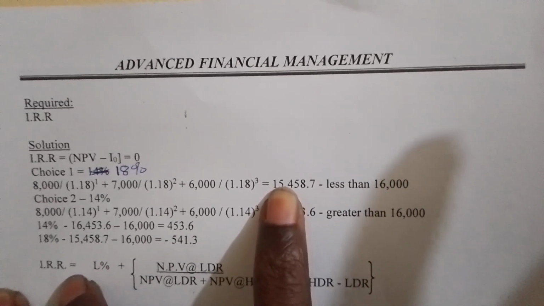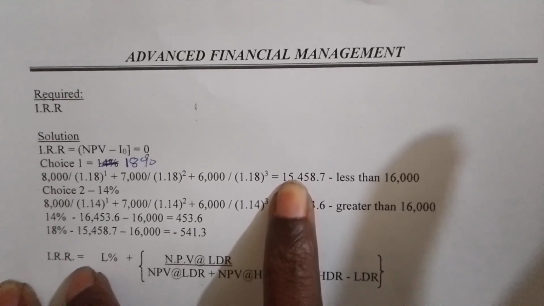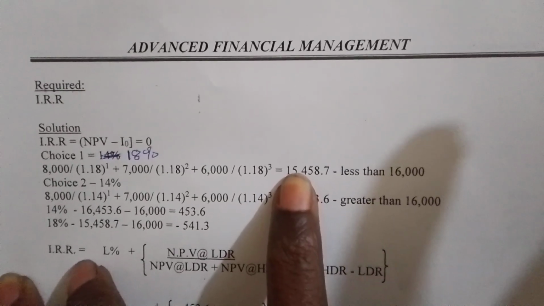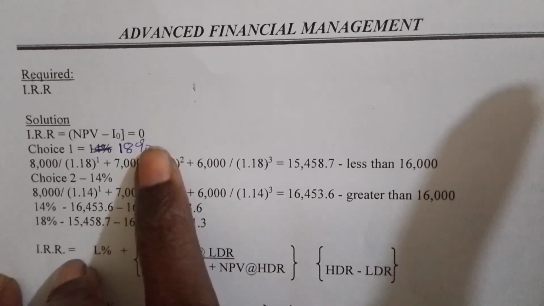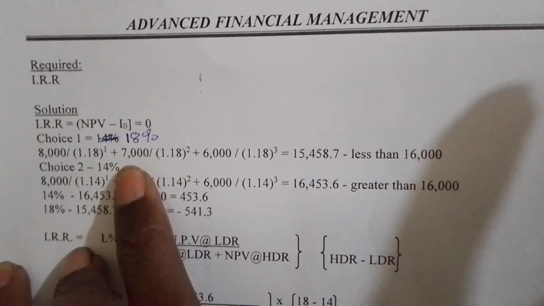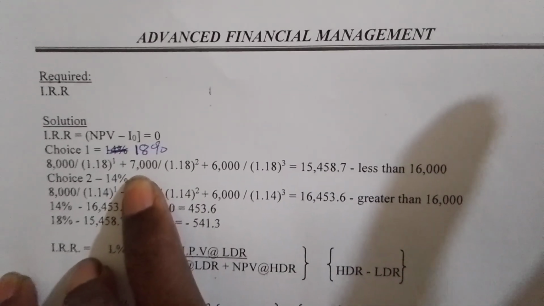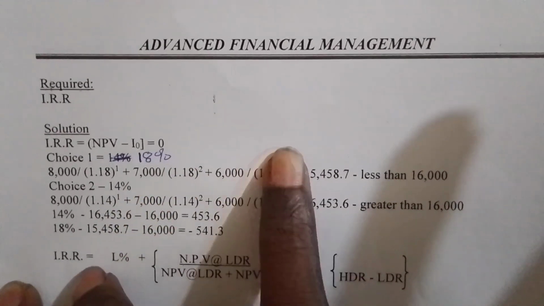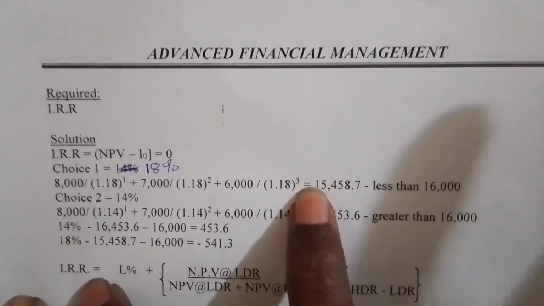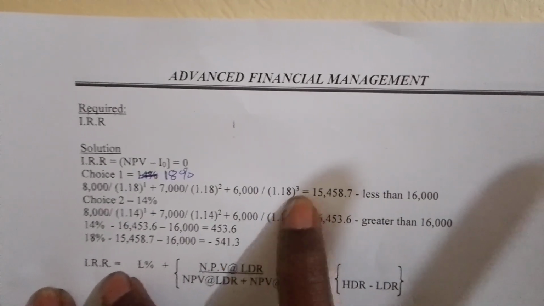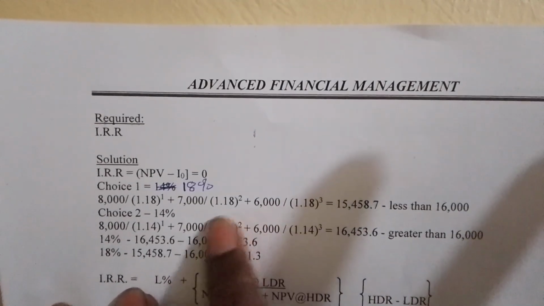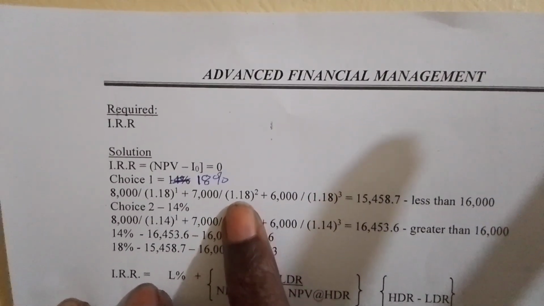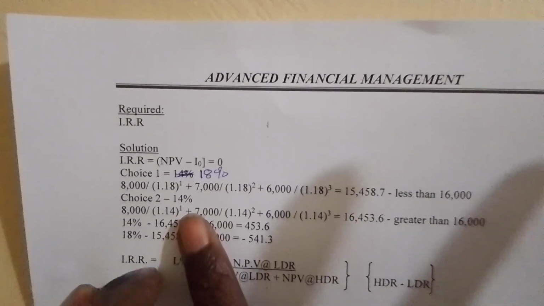I'm doing the same question that we have done on the other side, but I'm trying different percentages. So instead of using 20%, I used 18%. It gave me a present value of 15,458.7. Then, because 15,000 is less than 16,000, I take a lower rate,